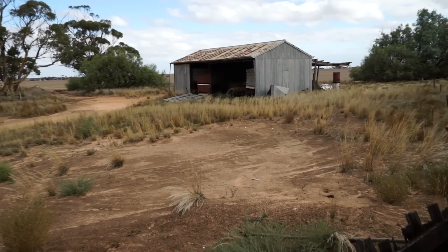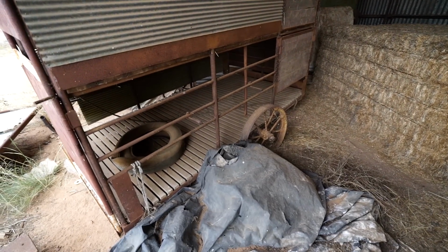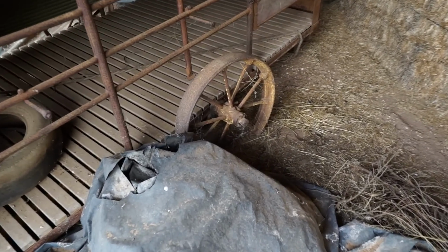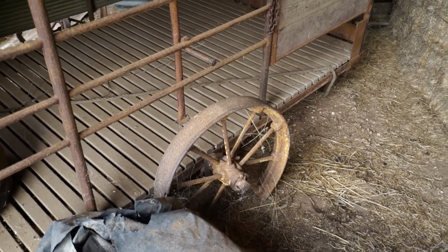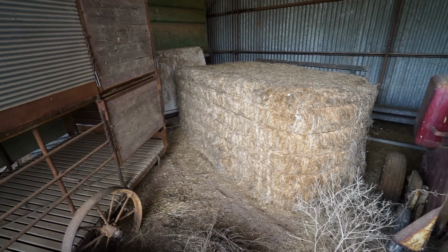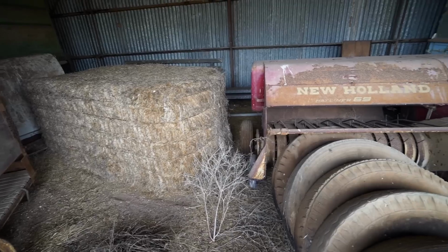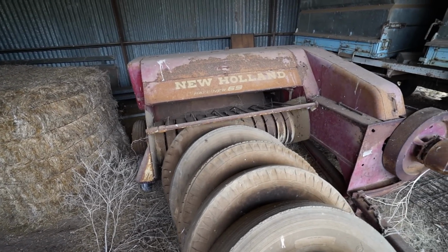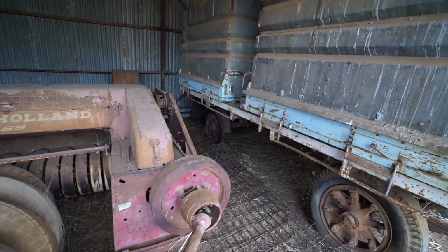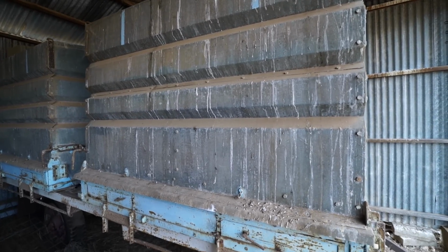Alright, there's that shed over there. Well, more old machinery. That's definitely a horse float. Look at the old wheel on it. There's one of the old big, well that's a newer hay bale. And never used to make them that big. The New Holland hay liner, saw one of them recently as well. And this old thing. Now this is an old transport trailer for something, probably grain or...